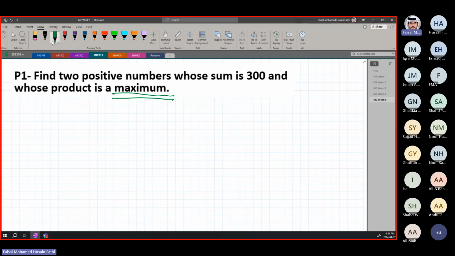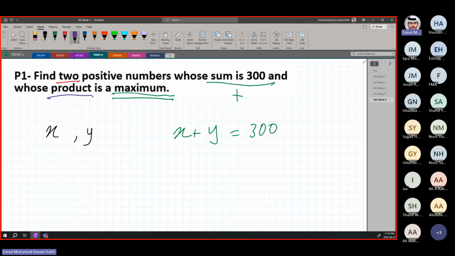All of that is the same thing. So let's analyze this question one by one. Find two positive numbers. Let's call them x and y. Whose sum is 300, meaning plus. So x plus y is equal to 300. And whose product is a maximum. Let's say the product P is equal to x